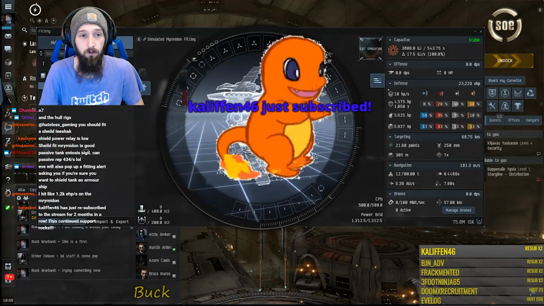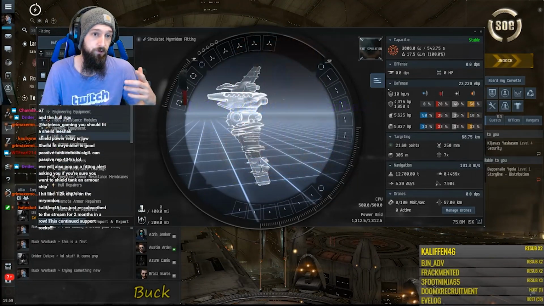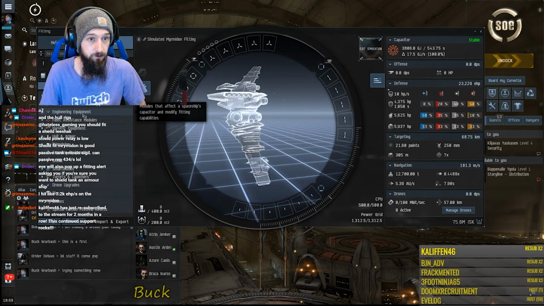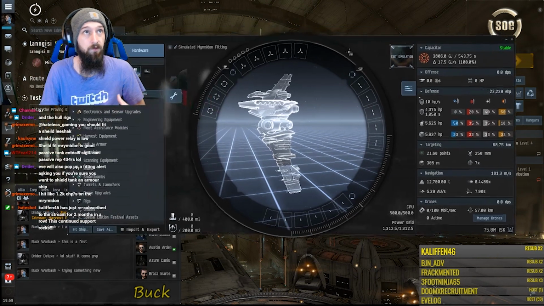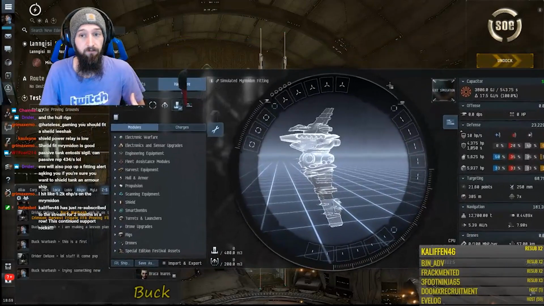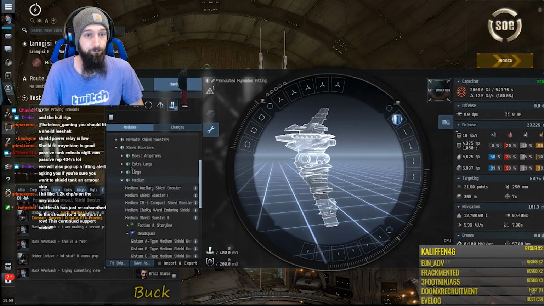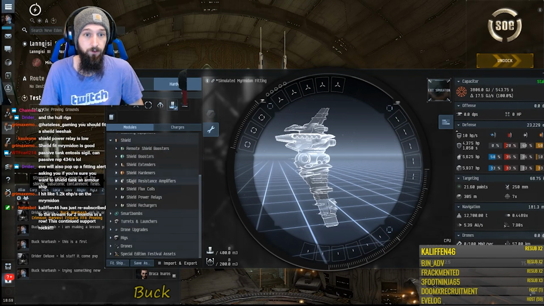So we're going to look at hardware, and we're going to look at modules that would give us additional regen and the side effects for that regen. So of course, we have our simulated thing here. And we click the shield tab. What we can do